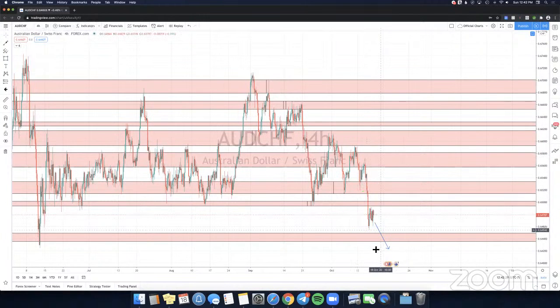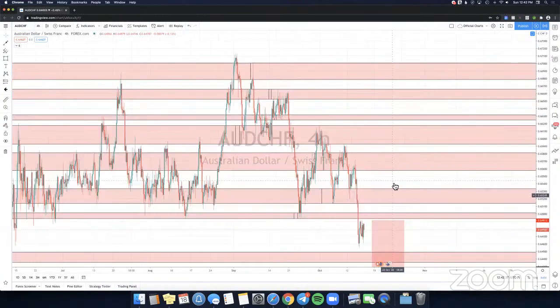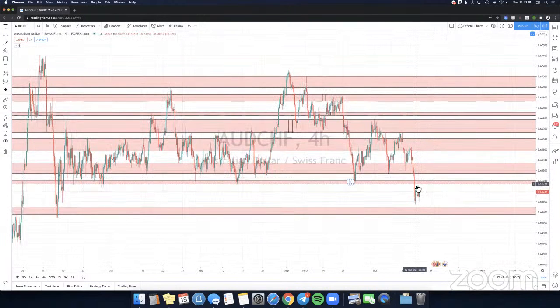So if it comes down and breaks this zone again right here, we're going to take a sell and do the same exact thing we did last week and hit full TP. But currently, the market's still closed, so there's no volatility, there's no price movement. But if you guys want to keep this in mind, the upper zone right here is going to be